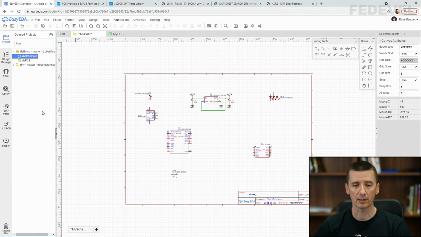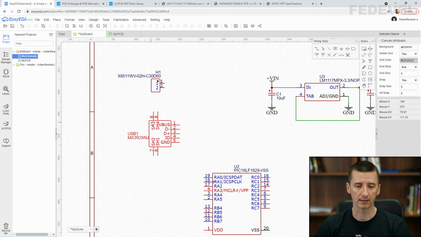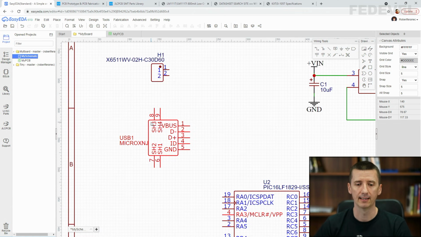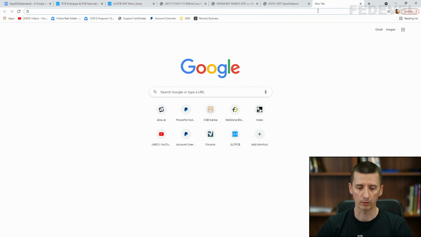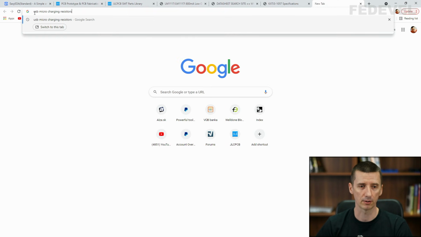Normally, you don't need to add nothing super extra around this USB micro connector, but there may be some special cases when you would like to maybe connect these D- and D+ pins through some resistors. If you would like to know more, you can search for something like this, USB micro charging resistors.